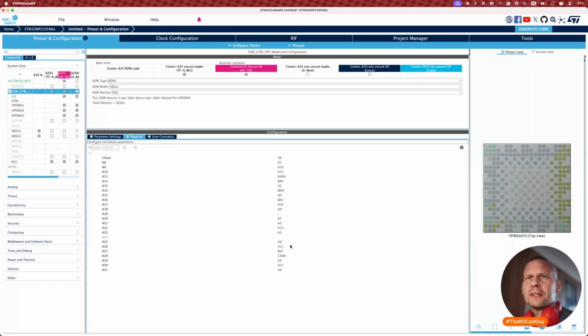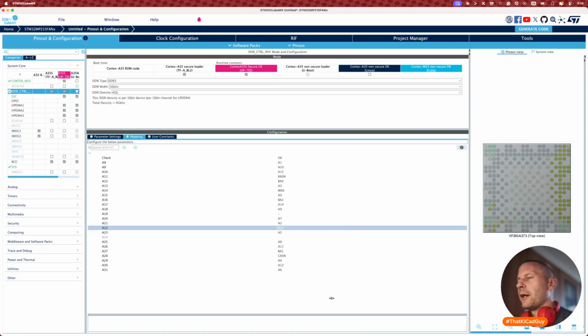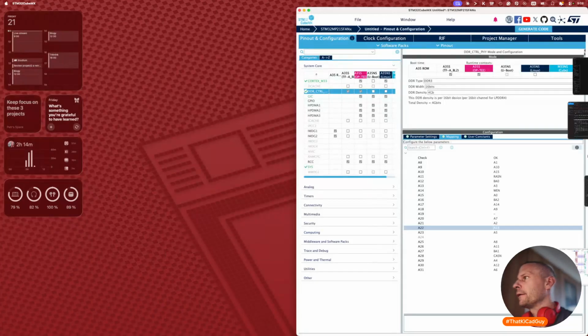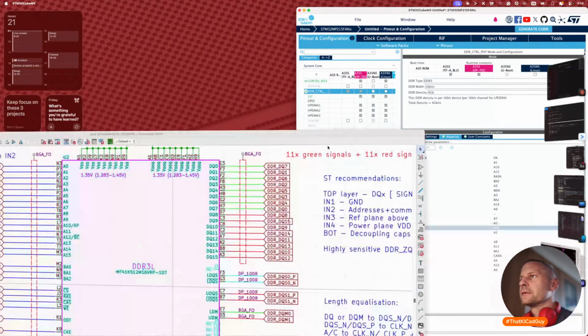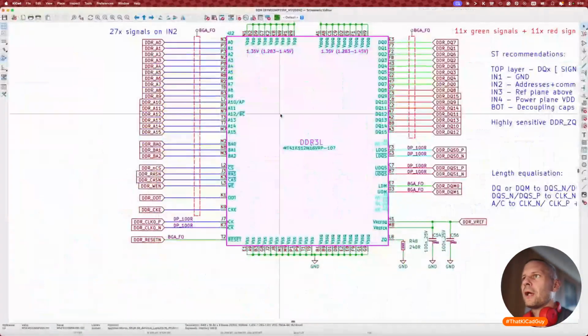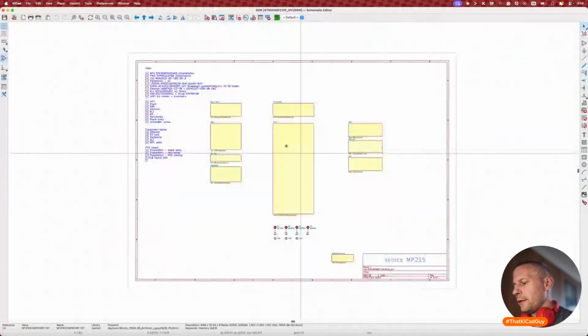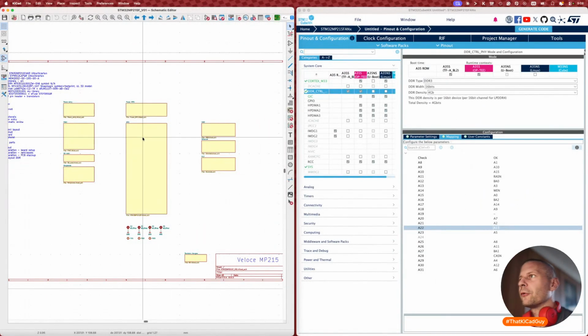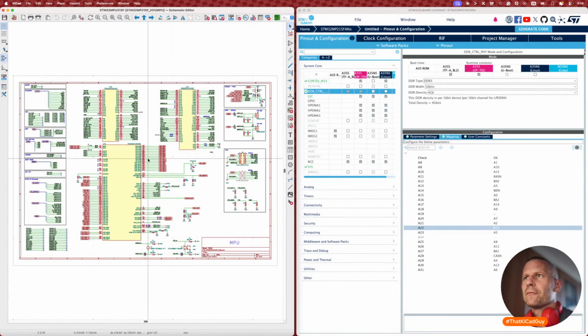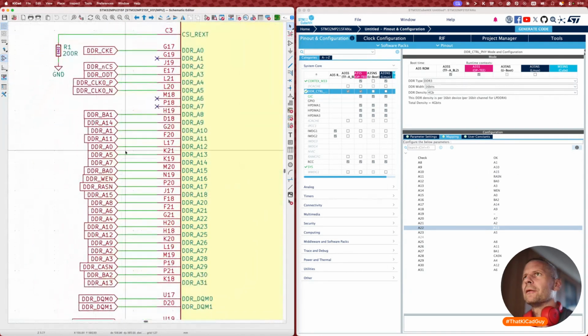Yeah, the best way is to copy my current setup to the project of STM Cube MX. It will take a while, but it's the natural thing, because yeah, we just have to. I hope it will work this way, and it seems it will. So on the left side of the symbol,